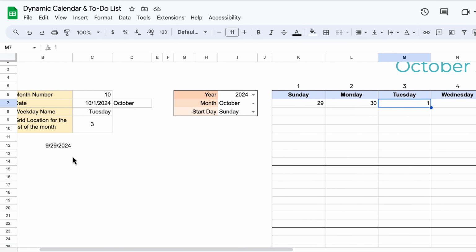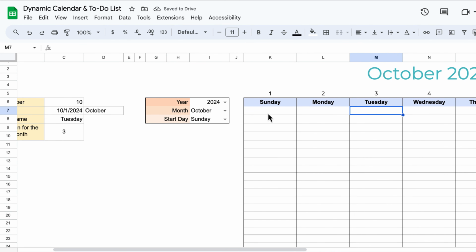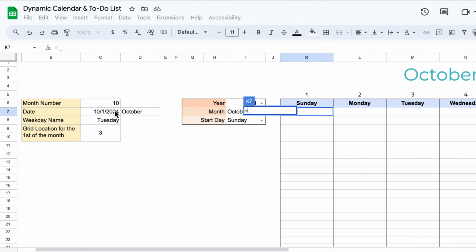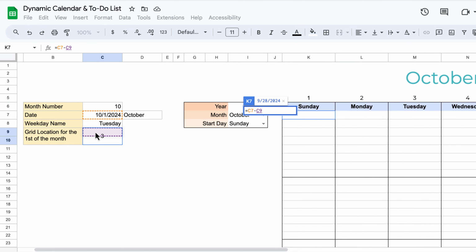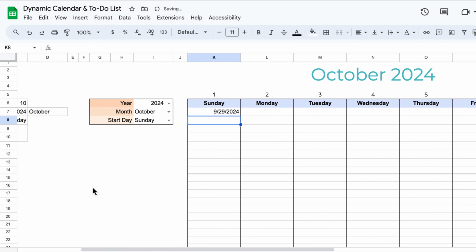Okay. Now, let me go over here and I'm just going to delete this. So now you know what we're trying to do. And we don't really need these numbers up here. So back in here on your top line, under this first word, whether it's Sunday or Monday, you can do equals. And again, we'll go through the formula. The date minus the grid location plus 1. And it's giving us September 29,